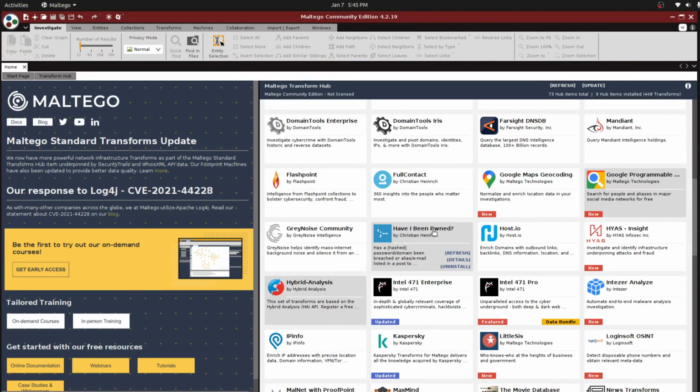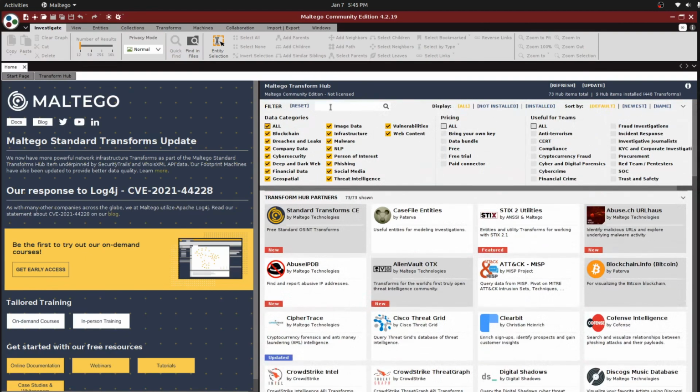This is a website you can visit to get information about your email ID or your contact number, whether it is involved in any security breach, whether it is exposed in a security breach. So you will even be able to integrate this site here. Okay, so this is about the Transform Hub partners.